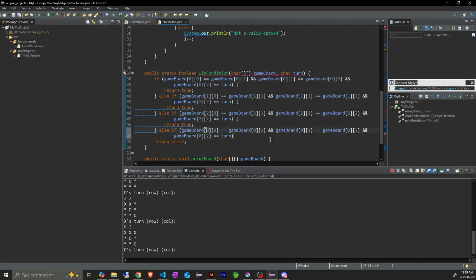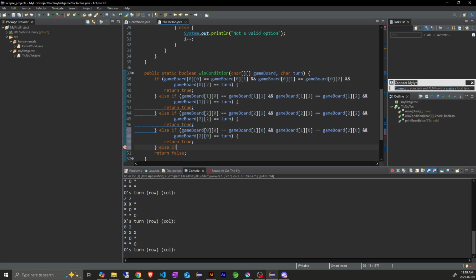So we'll start with this, okay, so this would be 0 0, that's fine. So then it equals, instead of 0 1, it would be 1 0, and 1 0 is equal to 2 0, and 2 0 is equal to turn,